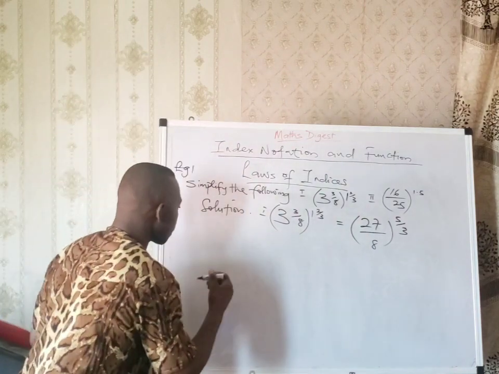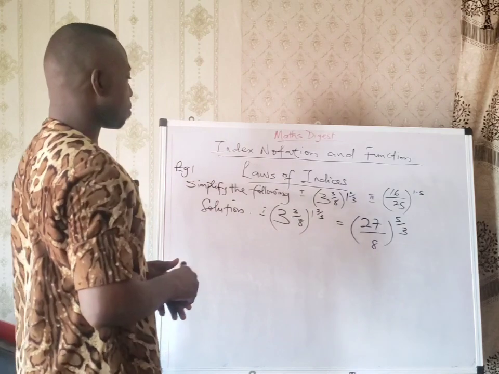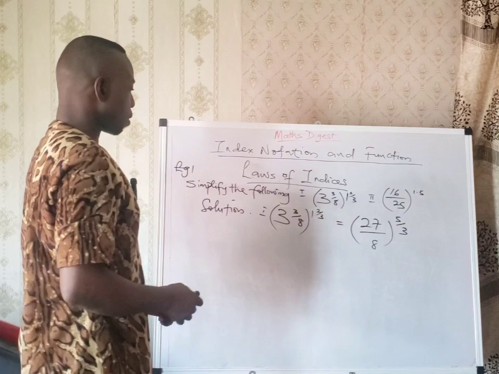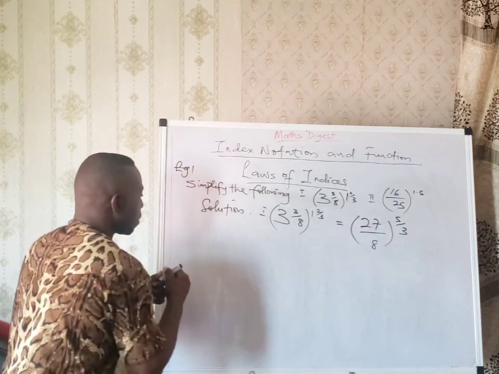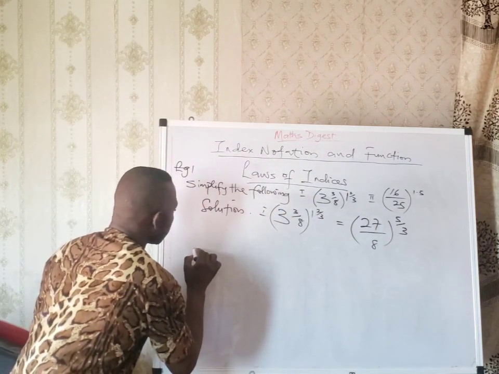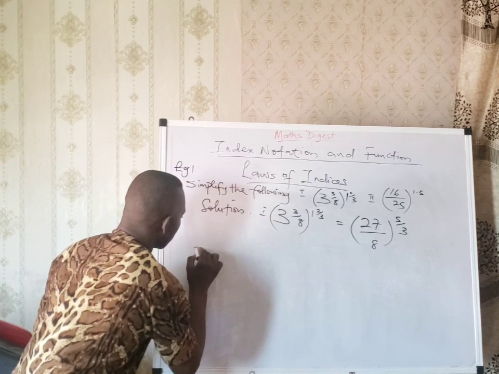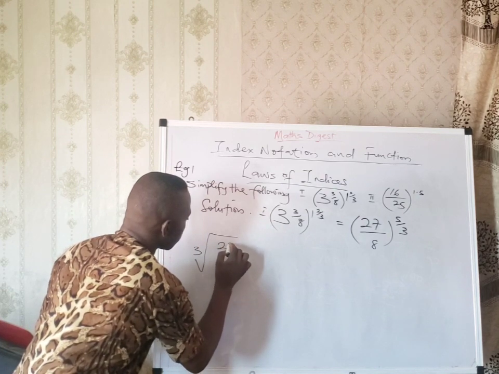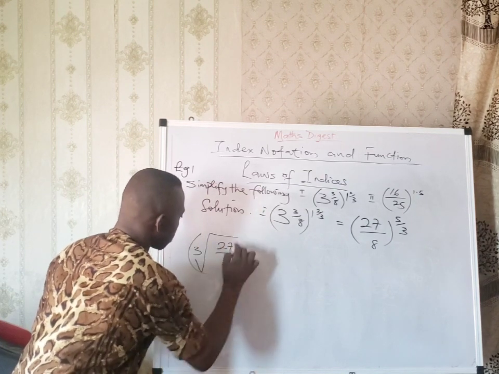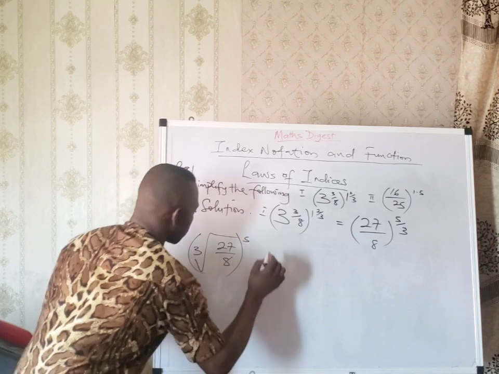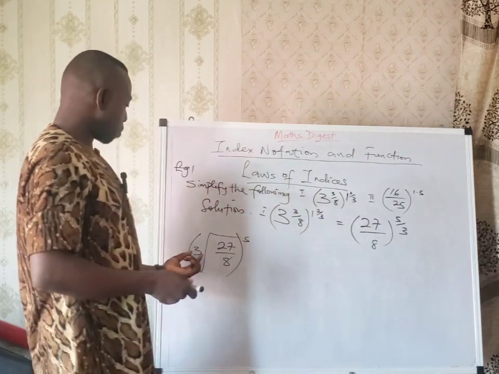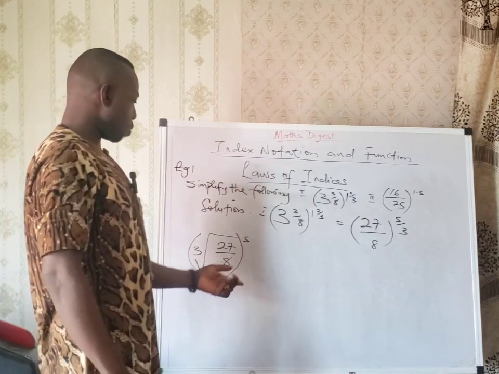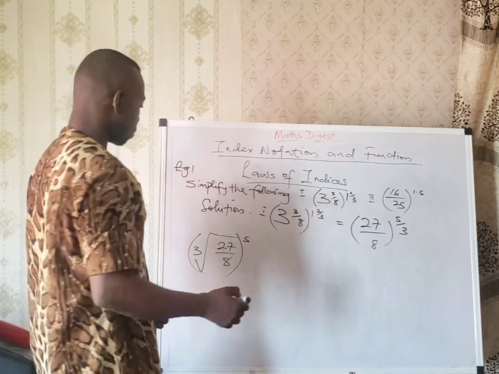Now from here we move. If you remember your fraction index, here we are going to take the cube root of the number, and after you must have gotten the value, you raise it to power 5. So this will give you